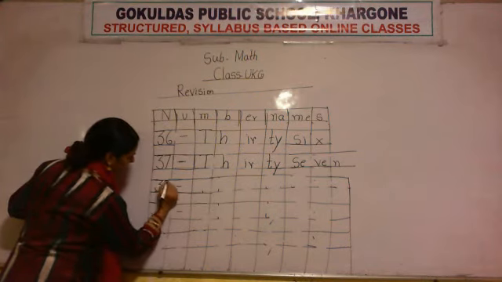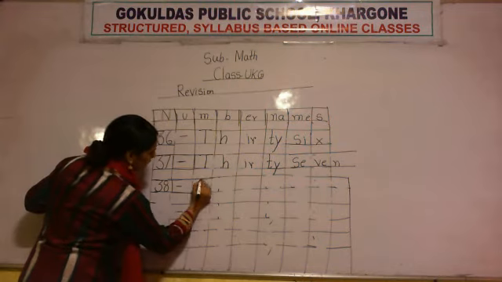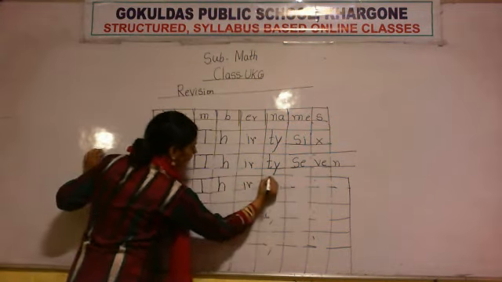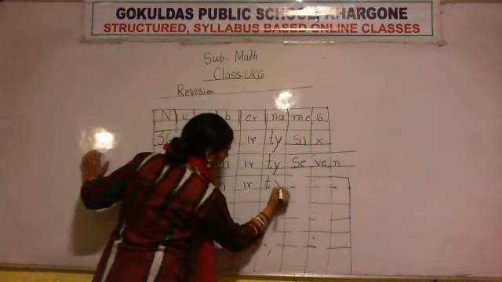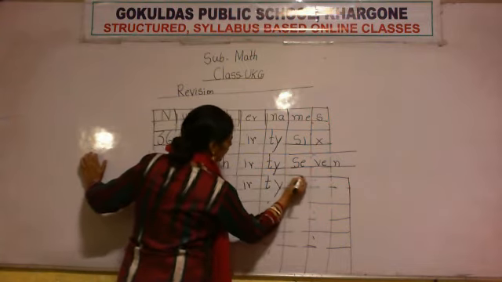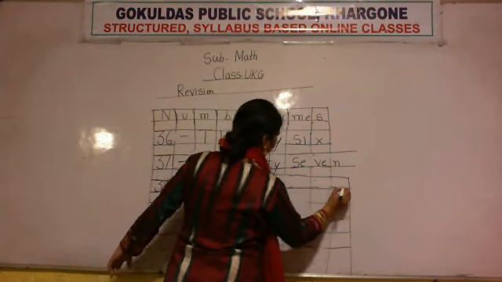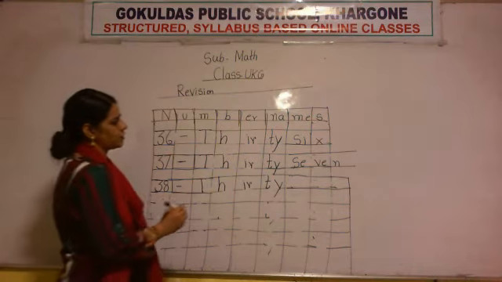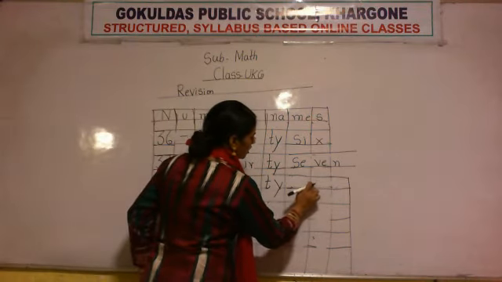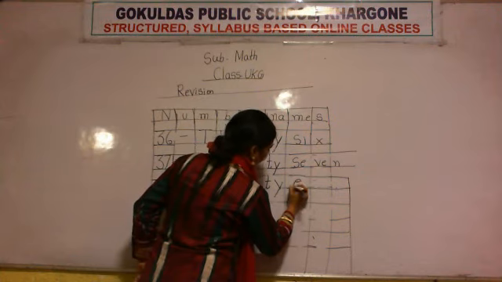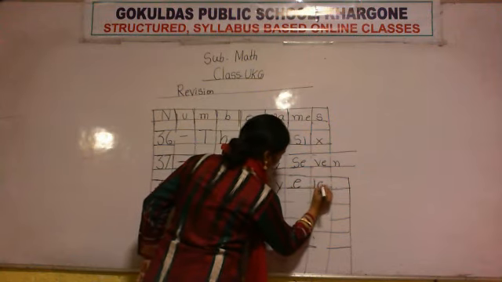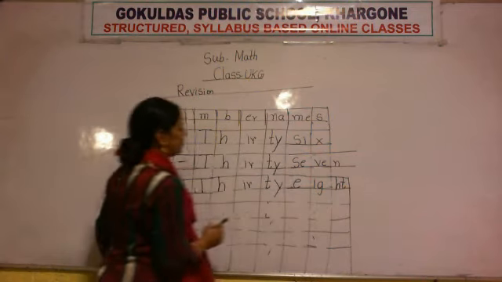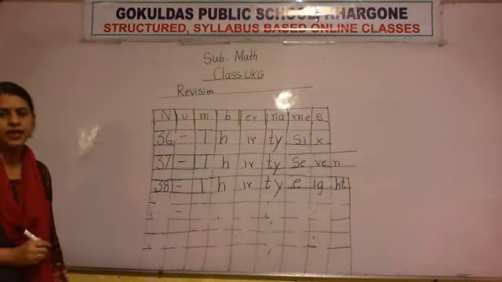38. Okay. THIRTY 30. Now which spelling I have to write here? I am going to write the spelling of 8 because 8 is written here. So I am going to write the spelling of 8. Okay. So you have to write here spelling of 8. EIGHT 8. Okay. So this is spelling of 38.